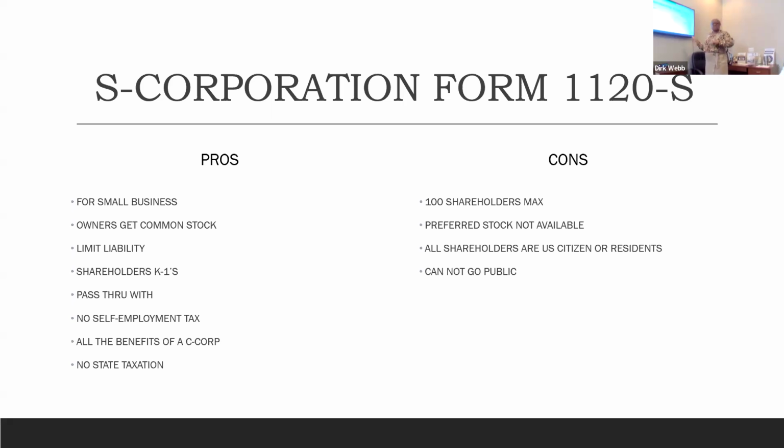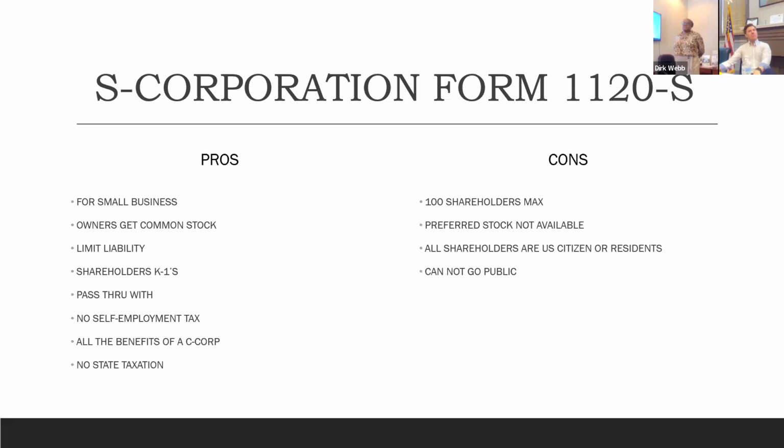Any questions on this formation of business? Yes. First question. You mentioned articles of incorporation. I think this is the first time you mentioned it. Is that a document you recommend having regardless of your entity? That's a document that is only necessary if you're going to apply for an EIN number with the IRS.